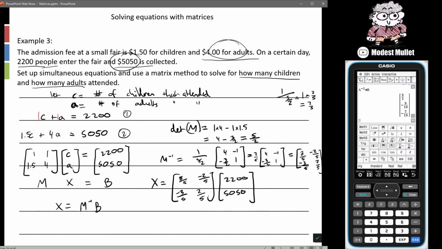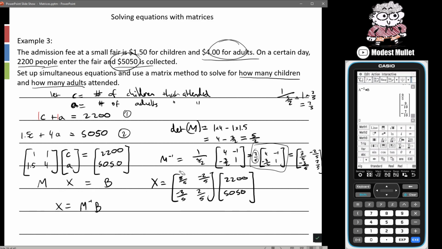Now, we could have left this fraction out the front. We could have put instead this here, and then done the matrix multiplication bit of it, having this 2 over 5 out the front, and then multiply that through. And that actually would have been, especially in Tech 3, a smarter way to approach it, because you're having to do less multiplications with fractions, because like, what is 8/5 of 2200? And then what's negative 2/5 of 20? Like, we're dealing with a lot of